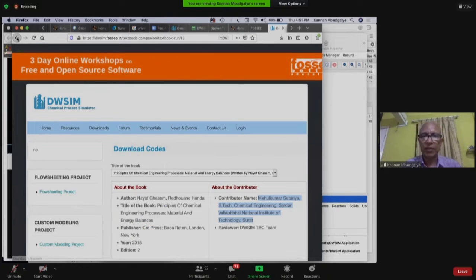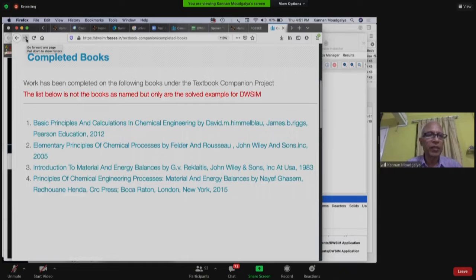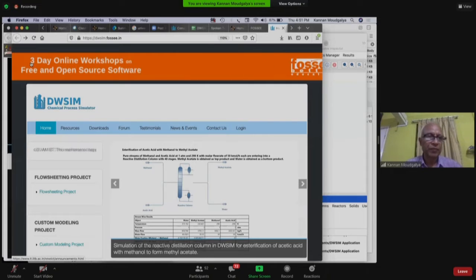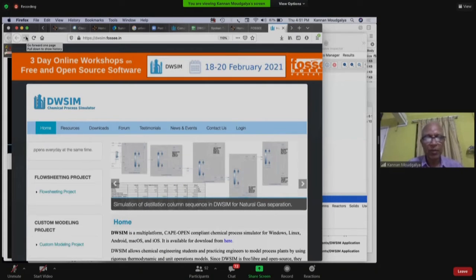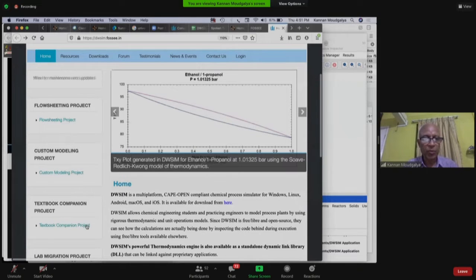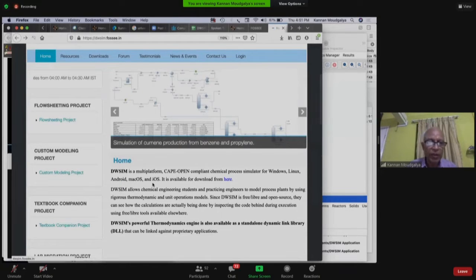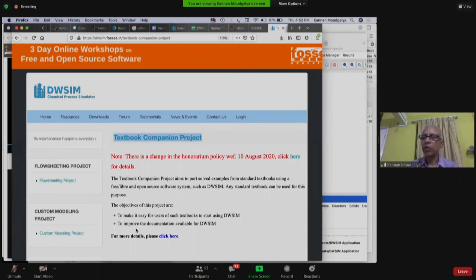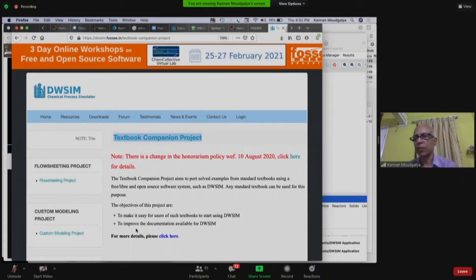Okay, and as I told you earlier, you can see that it says login because I have not logged in. I have not logged into FOSSEE, but I am able to access all the things. So it's very useful material for teachers. So that is something that I explained, the textbook companion project. And if you click that, it actually tells how you can contribute. Okay. At one time, till recently, we were actually giving an honorarium for people who completed a whole book, thanks to funding from the Indian government.